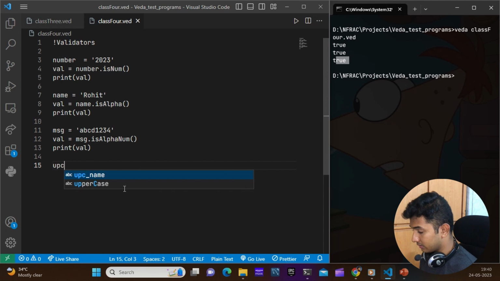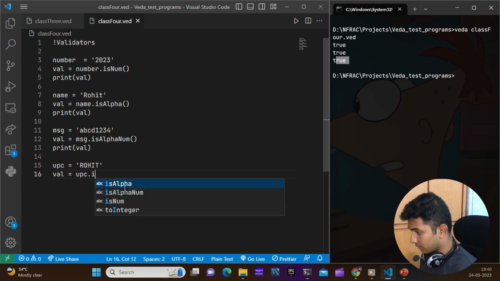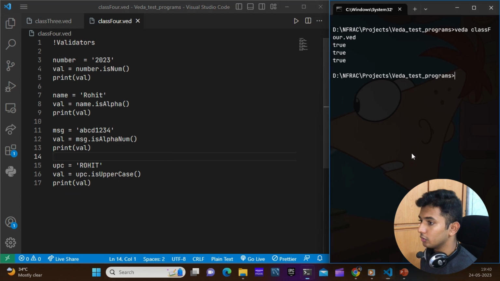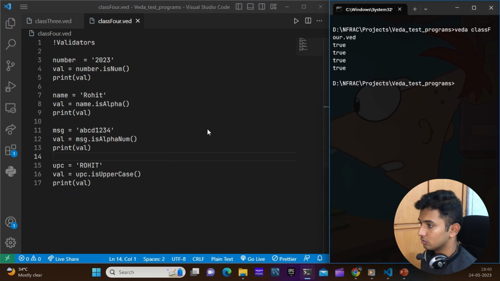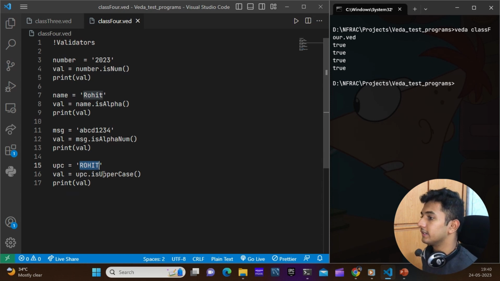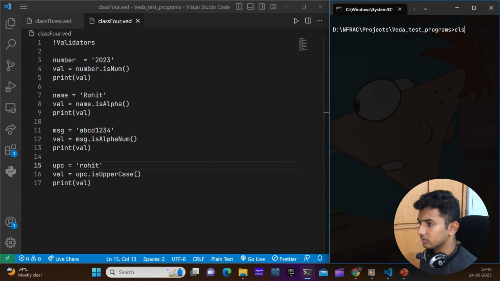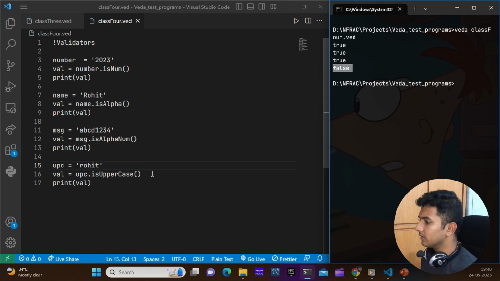So upc name equals to rohit, then validator equals to upc dot is uppercase. So I'm calling the method is uppercase and applying it to the upc. Every character in this string is uppercase, so it returned true. And what if it is in smaller case? Then it will return false. See. Now I'm going to